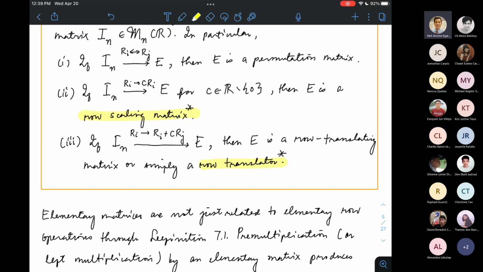Hindi lang siya pinangalan ng elementary kasi parehas yung definition. Alright? So, elementary matrices have the same action on any matrix as the elementary row operations, and that is through left multiplication. Okay? So, ibig sabihin, kung gusto mong ma-achieve